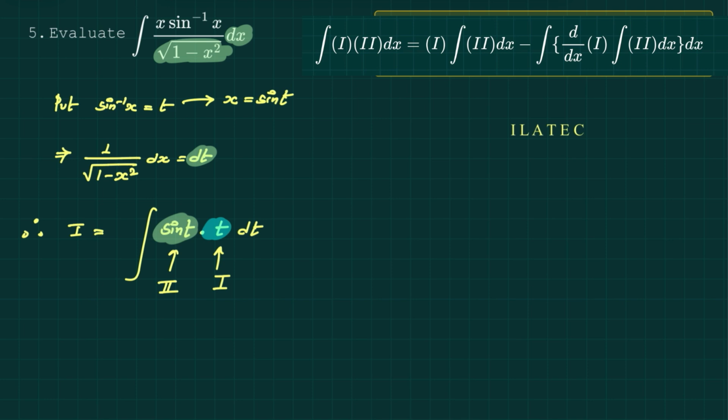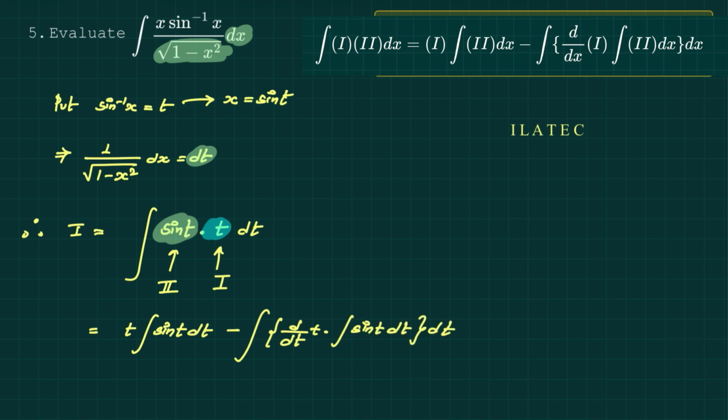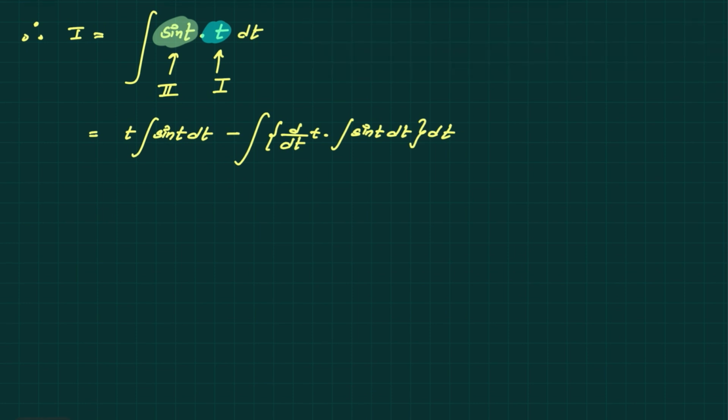And using integration by parts, we can write this as keeping first, integrating second, minus integration of the derivative of first into integration of second, dt. So this equals t into the integration of sine t, which is minus cos t